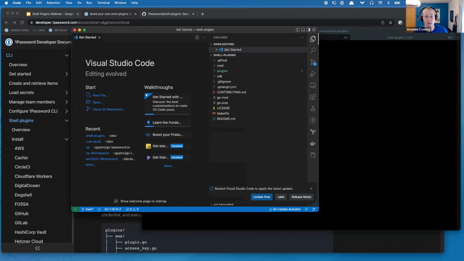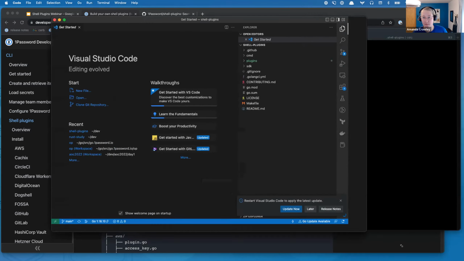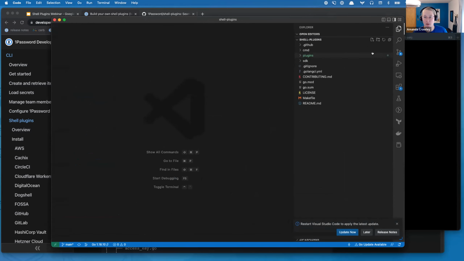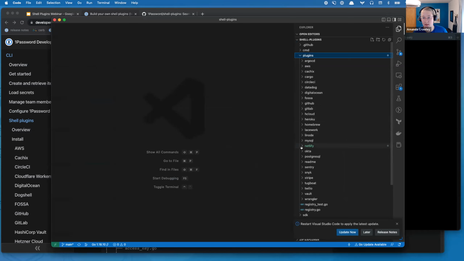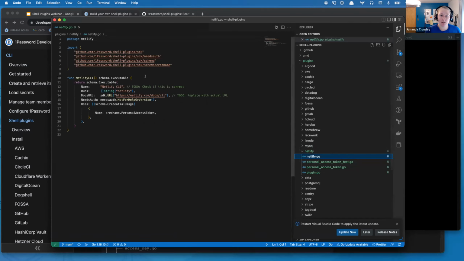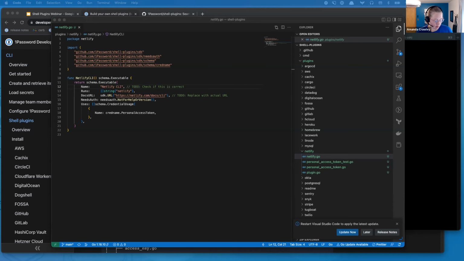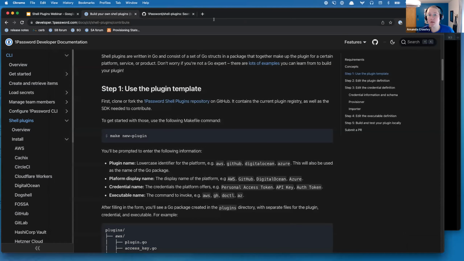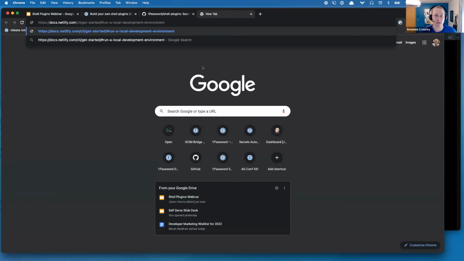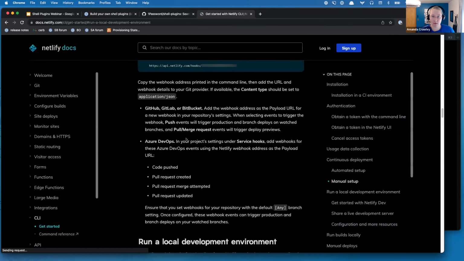Now, I'm just going to do a quick show of what it entails. So here's the new folder that it created. So Netlify, here I'll open some docs just to reference. So it's Netlify CLI, so that's what I was hoping it would be called,